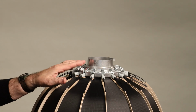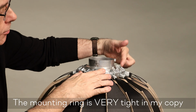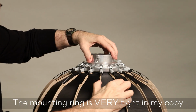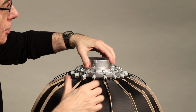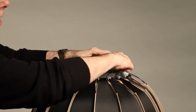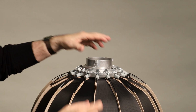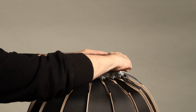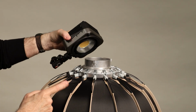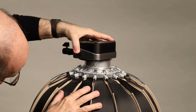Okay, let me mention one thing about this. There's a knob right here to adjust whether or not the softbox can spin when it's mounted, right? You expect that. You tighten this knob down and the softbox is going to be held in place. For a softbox, I don't think that matters because it's round. If it was a strip light, that would matter. But when you tighten this down, it tightens pretty good. However, you're going to have some really fairly good grip when you put this on here